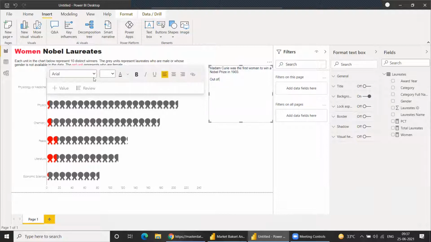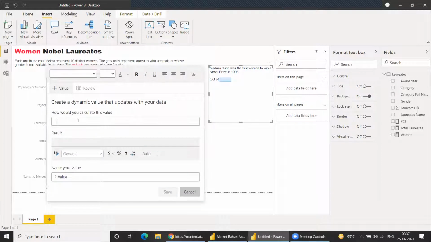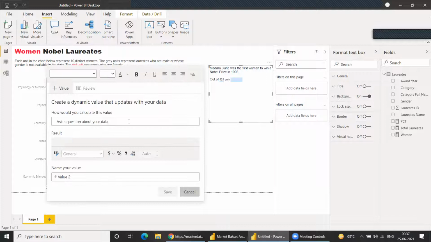So we'll go to this value icon. We'll select our measure, total laureates, and here it will give me the value. So I just save. Now I have a value. The same thing,